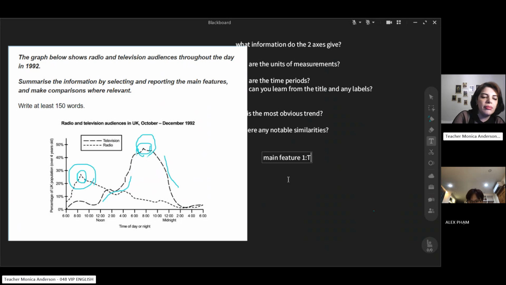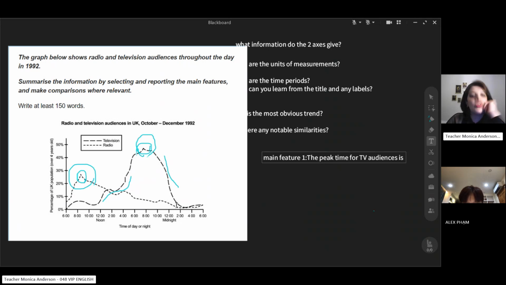So the peak time for TV audiences is when TV is